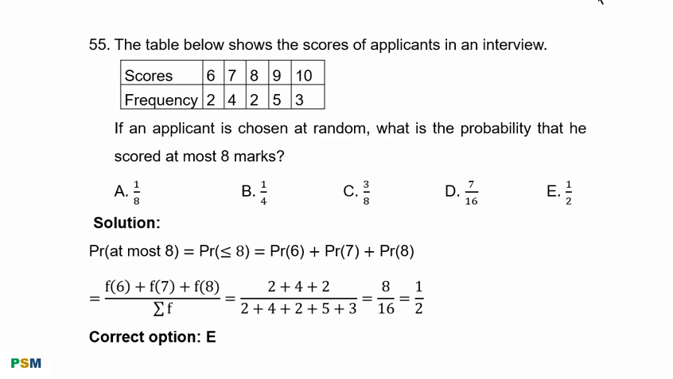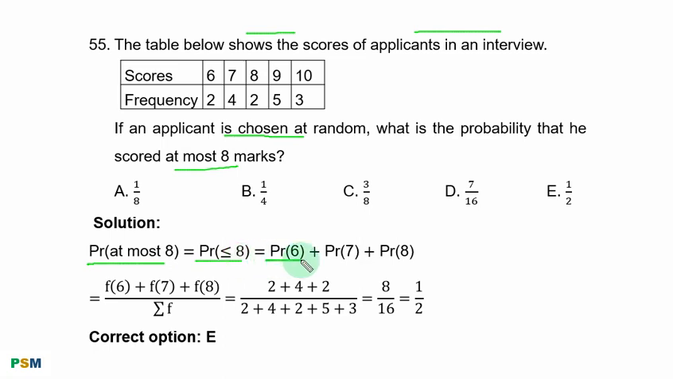Question 55. The table below shows the scores of applicants in an interview. If an applicant is chosen at random, what is the probability that he scored at most 8 marks? At most 8 marks means 8 marks and below: 8, 7, 6. Solution. Probability at most 8 is equal to probability less than or equal to 8,